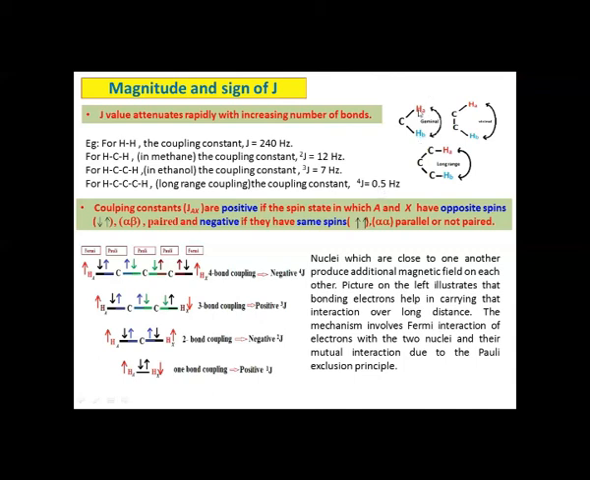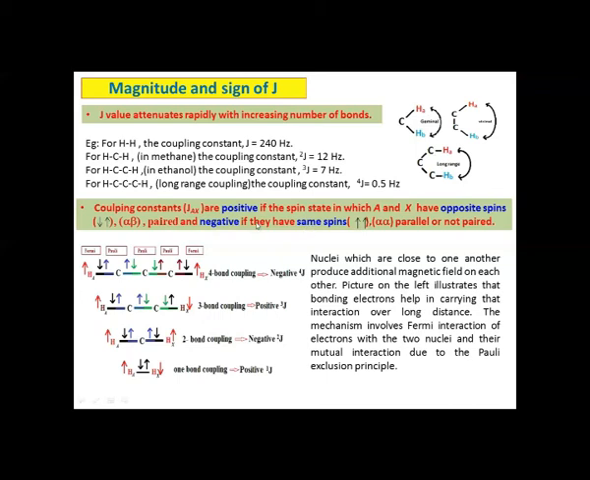Here, the two protons attached to the same carbon atom are said to show geminal coupling. If the two protons are present in adjacent positions, then they are said to show vicinal coupling. If the two protons are separated by more than three bonds, then that coupling is said to be long range coupling. And when we see the signs of the coupling constant, they are positive if the spin states in which the A and X nuclei have opposite spins,